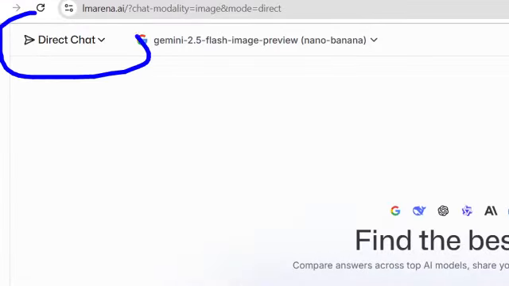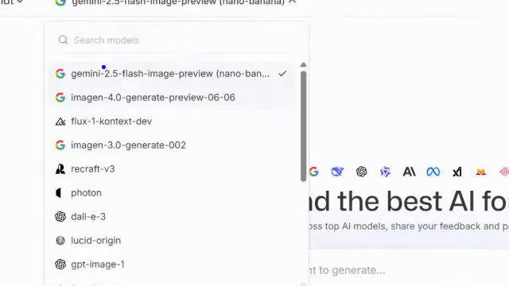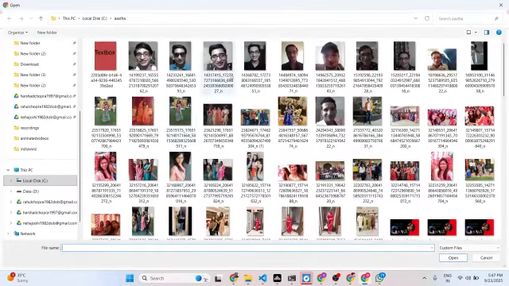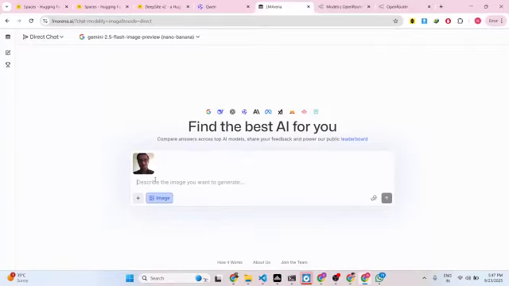Just select the direct chat option, and right here select the Google Nano Banana model, and here you can even upload your own image and do image editing as well. So if you simply select an image, just provide the instructions. So I will say make this image angry and change the color of the t-shirt to